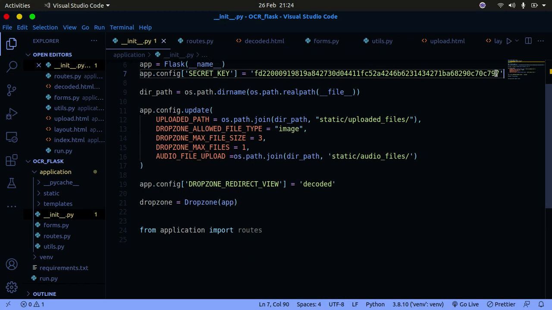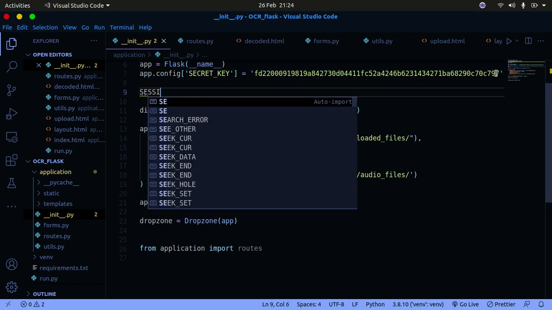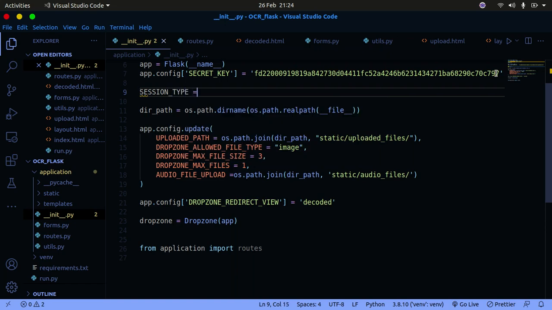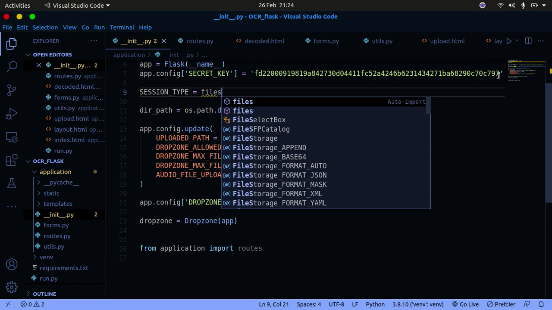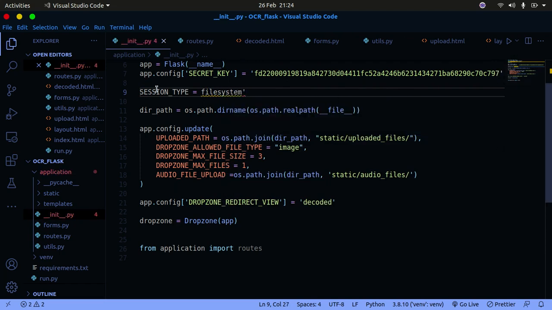Below this line, I want to keep the session information. So I'm going to say SESSION_TYPE, all in uppercase, and this is going to be "filesystem". Okay, and this needs to be a string. I'm saying this is a file system because we're going to be storing our session on the